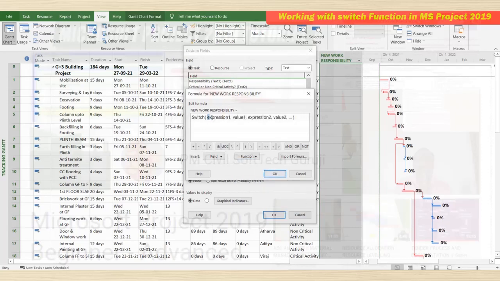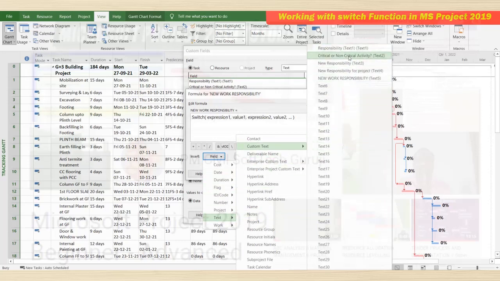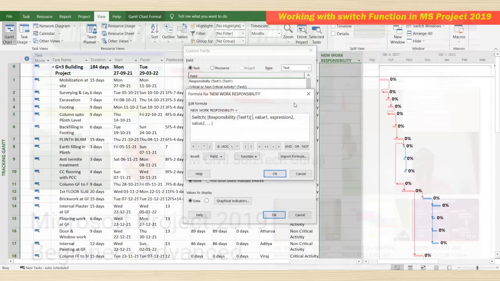So here we'll select expression, field, text, custom text, and here work responsibility text. Type equal to, and in double inverted commas, write Atharva. Atharva is to be replaced by Anil.